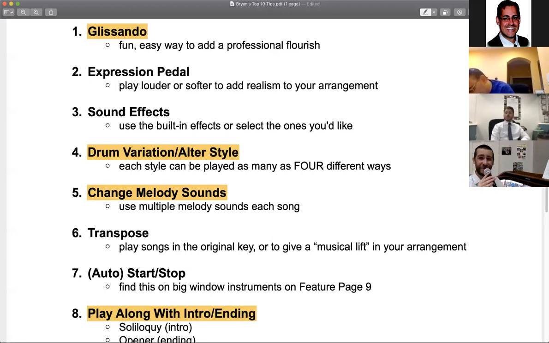You're not flipping pages too much and playing long arrangements. And this is something that no matter what instrument you have, you have the capability to change your melody sounds. And nothing can refresh an arrangement like a new sound. So even if you're playing Ode to Joy, the very first song, you might play it on piano the first time, and then you might play it on strings the second time,